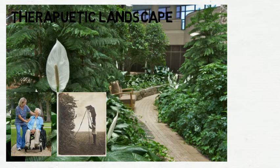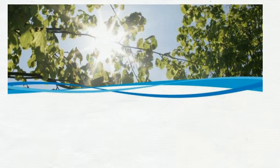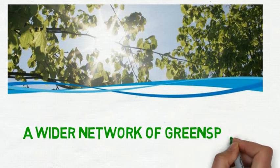We can consider it as providing an alternative or a contrast to the busy life of the hospital, where it provides opportunities for relaxation, escape, breaking up of the day, a time to think, a time to clear your head. The grounds can be seen as being part of a wider network of green spaces. Such a landscape can trigger therapeutic experiences linked to individual or community nostalgia by invoking memories of past usage, of house,